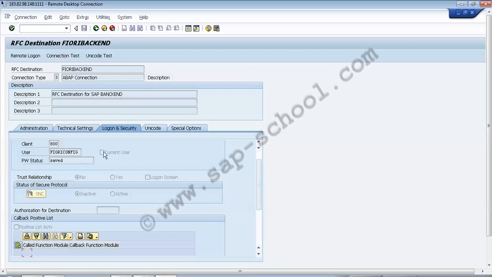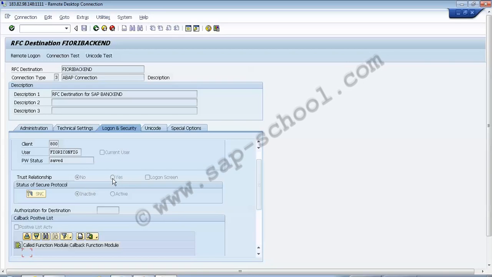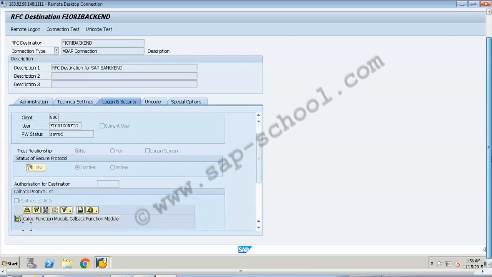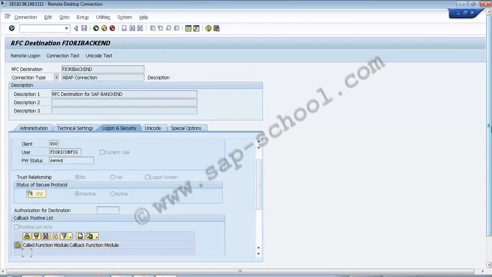So till now, in the configuration of the SAP NetWeaver Gateway system, we have done two steps. The first one was to make my backend system a trusting system, which we do by going to transaction SM59, and we can use SMT1. After that, as a second step, we have to make my SAP NetWeaver Gateway a trusted system, which we do by going into transaction SPRO, and there we have to create an RFC destination. Now the third step is that we have to create the system alias for the application.